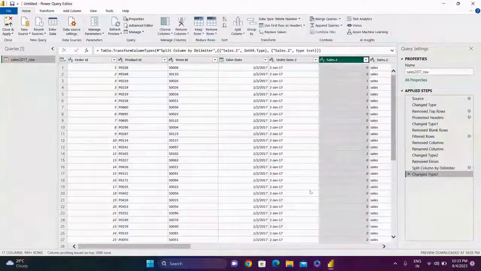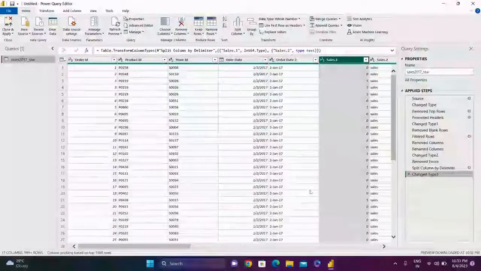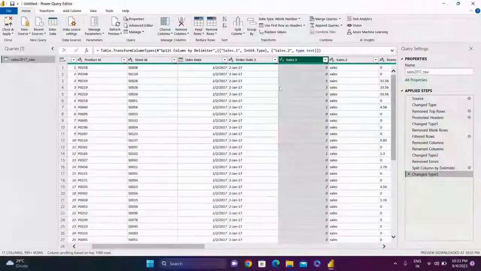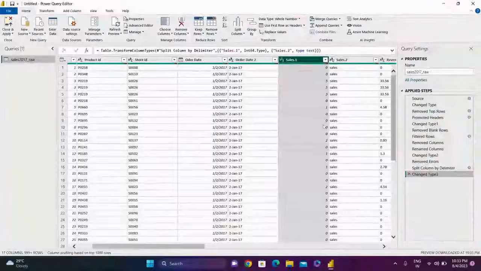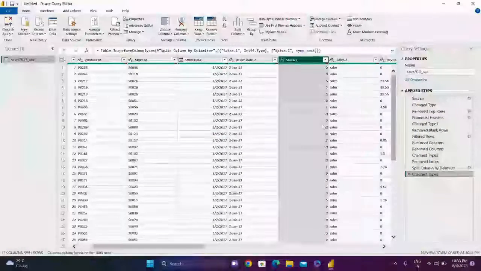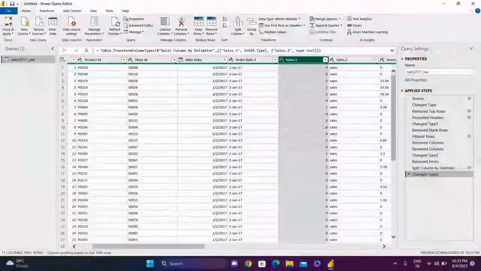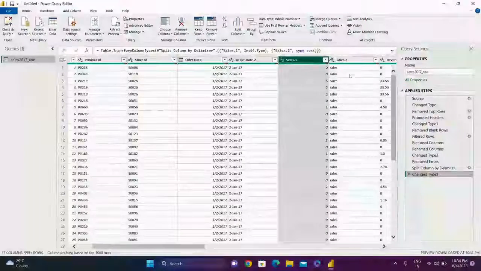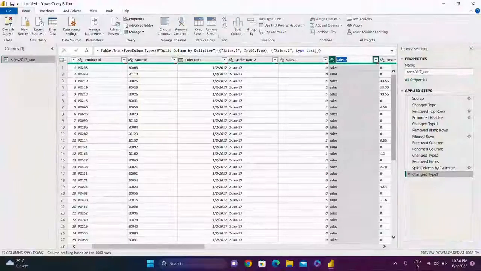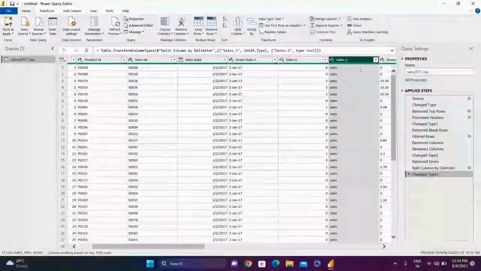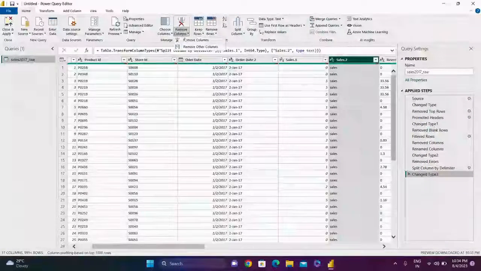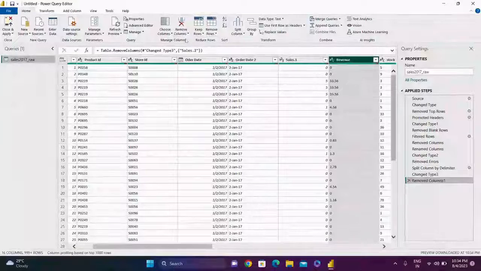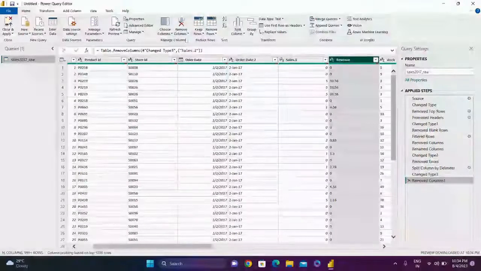And now you can see that I am having 2 different columns, Sales 1 and Sales 2. So it is having 0, 0, 0, 5, 5, 5, 0, 1. So it is giving me the numbers. And in Sales 2 column, it's giving me the word sales, but it is not needed for me now. So I will go ahead and remove this column too. Yes, so now let me remove. Cool. So now we are ready with this data.